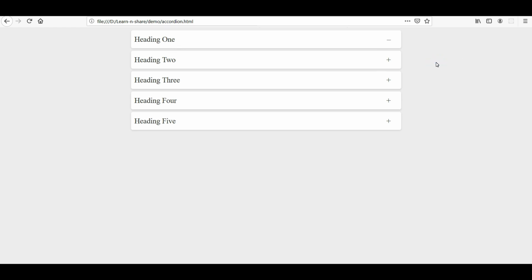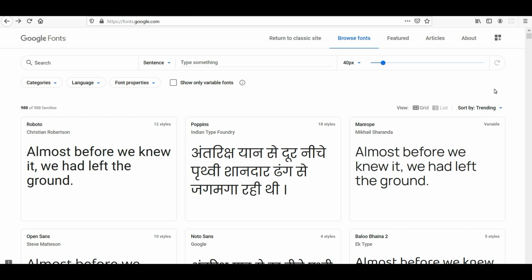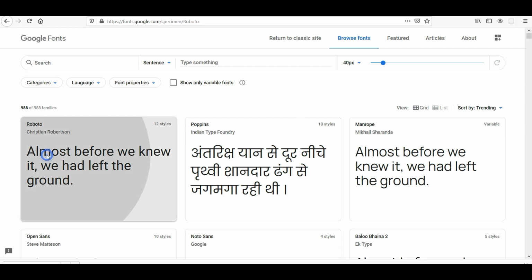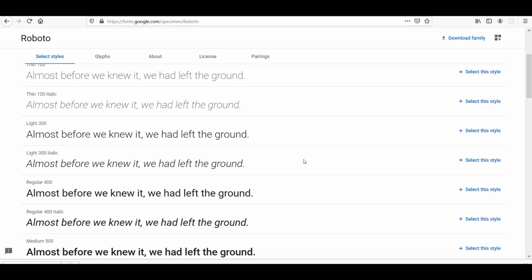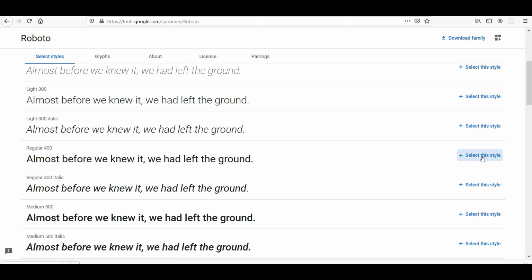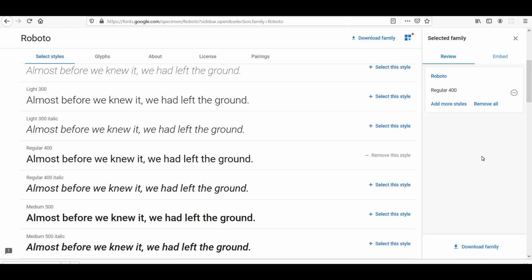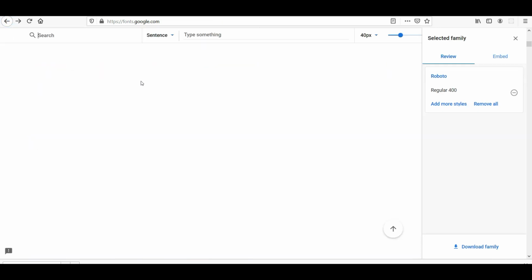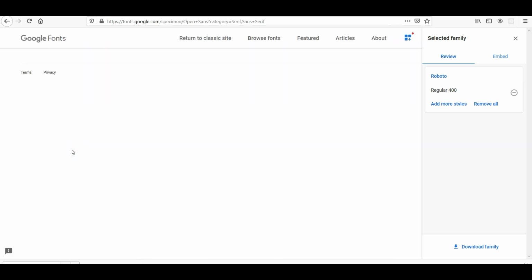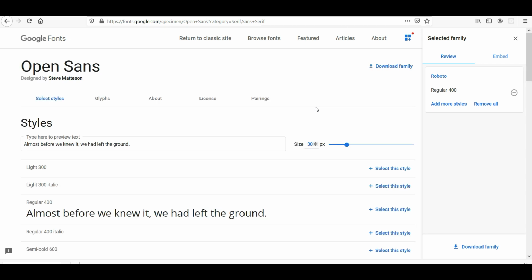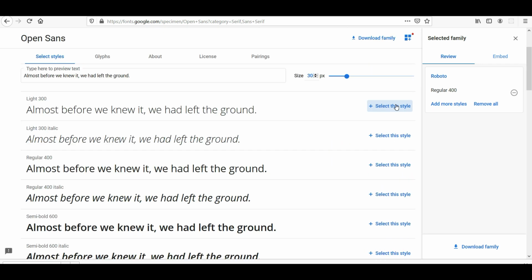Let's use Google Fonts for better formatting. Let's find two types of fonts for our tutorial, one for the title and one for the description. Let's select Roboto, select style, go back, let's select Open Sans, select style.